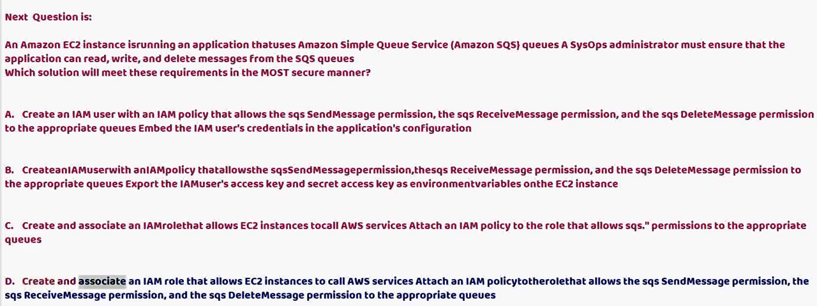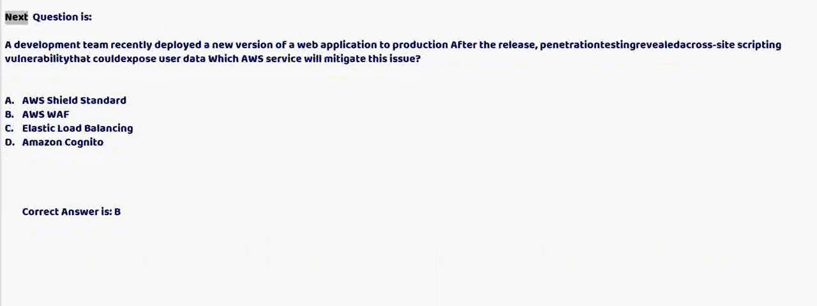D. Create and associate an IAM role that allows EC2 instances to call AWS services. Attach an IAM policy to the role that allows the SQS SendMessage permission, the SQS ReceiveMessage permission, and the SQS DeleteMessage permission to the appropriate queues. Correct answer is D. Next question is: a development team recently deployed a new version of a web application to